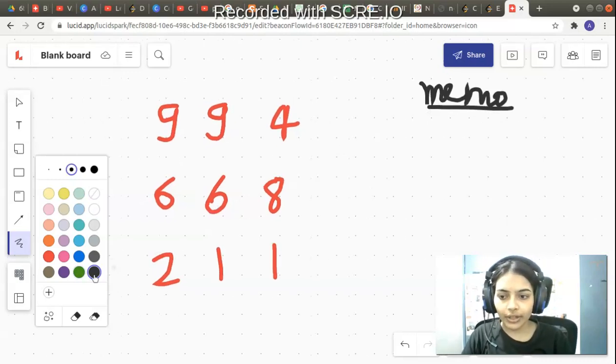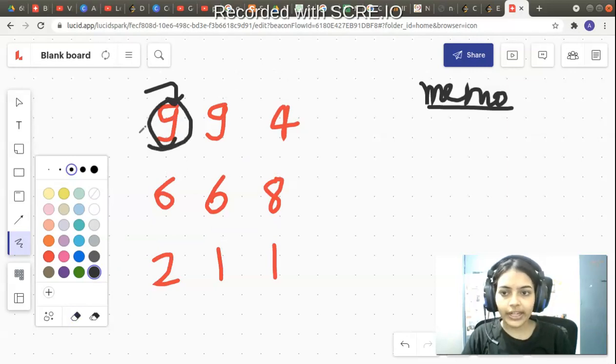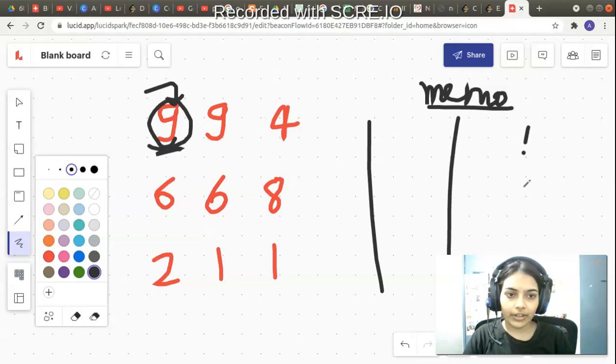So first, what we are going to do is iterate over all the elements in the matrix one by one in, let's say, this particular order. First this element, then this element, and so on. So we are going to go over each element one by one, and we are going to find the longest increasing sequence of that particular element, right? So that's what we are going to do. And if we find some values, we are going to store that in the memoization matrix.